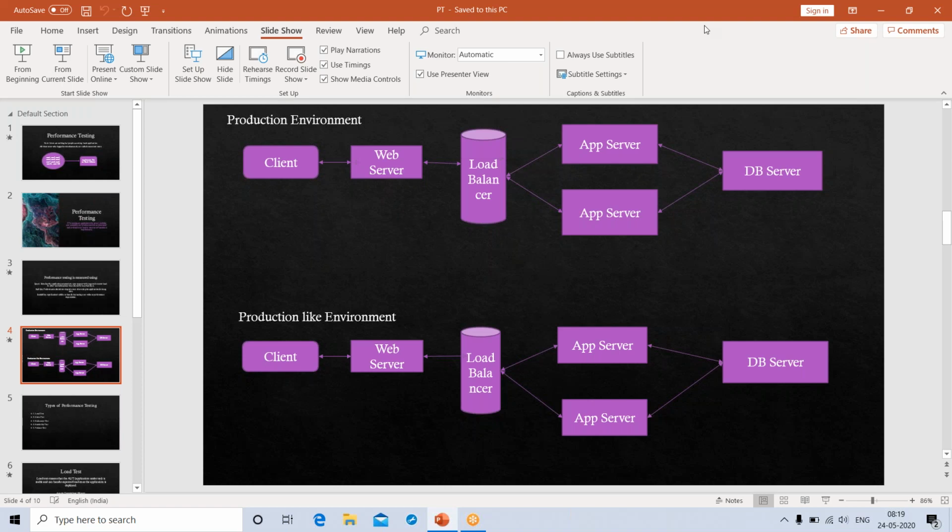Suppose a developer has made some changes in the code. If the developer or the business thinks that the change might impact the performance, then it will come for one round of performance testing. Or else, for every change, performance testing will not be done.